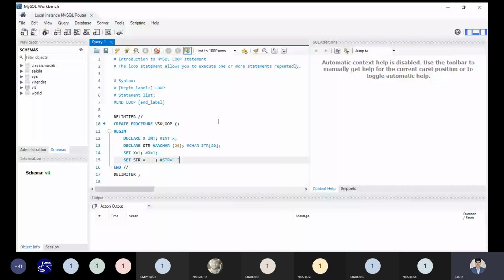So what I have done over here, I have declared the variable and I have assigned the variable. So by using the declare keyword in PL/SQL, I can declare the variable. So I have declared two variables x and str, and I have assigned the values of those variables: x equal to 1 and str equal to blank space. Okay,